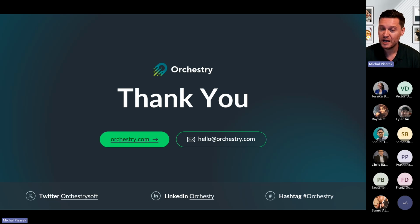Hopefully this was useful. I would definitely stay in touch in Q1. Many more powerful capabilities around storage, again, to help you understand what's going on. We are really excited about our workspace review concept. Just so you know, the workspace review isn't just for storage. It's going to be for a bunch of other capabilities, but it's really going to complete that storage story in Orchestry. Remember, controlling storage from provisioning, helping you manage storage during the active usage of those workspaces through the workspace review, and then trimming or removing versions of content or moving it to third-party storage through the renew or archival policy. So again, a complete end-to-end solution